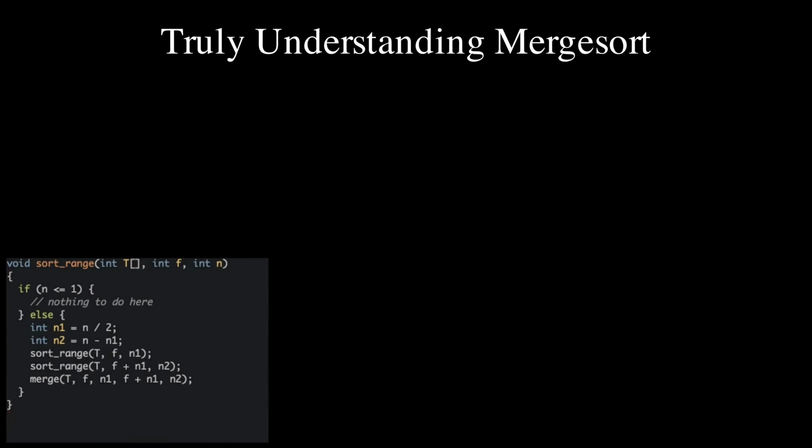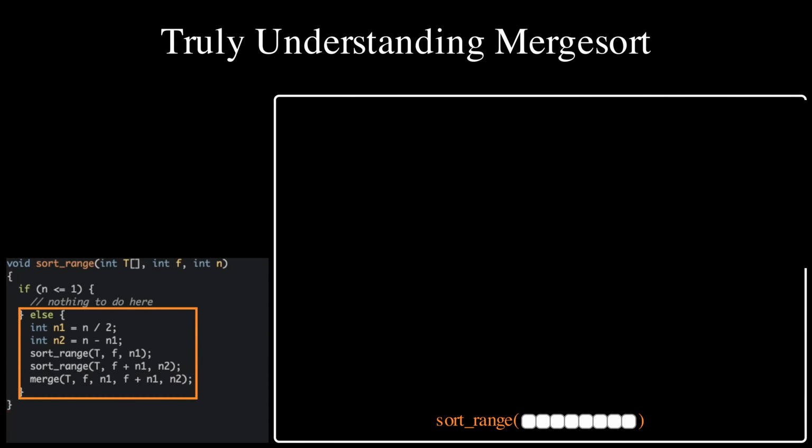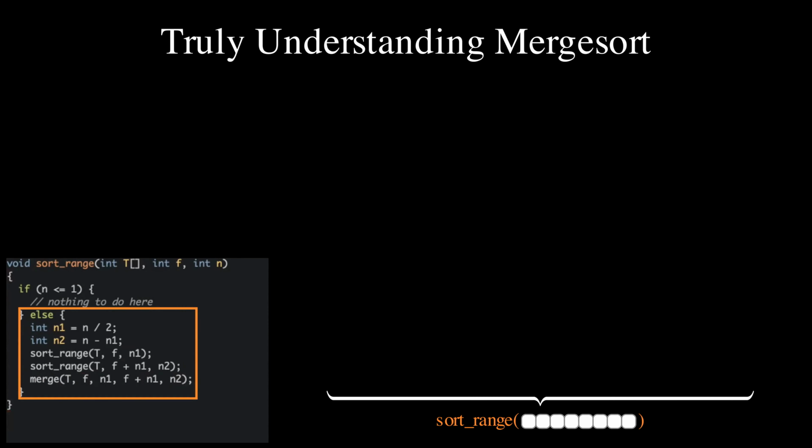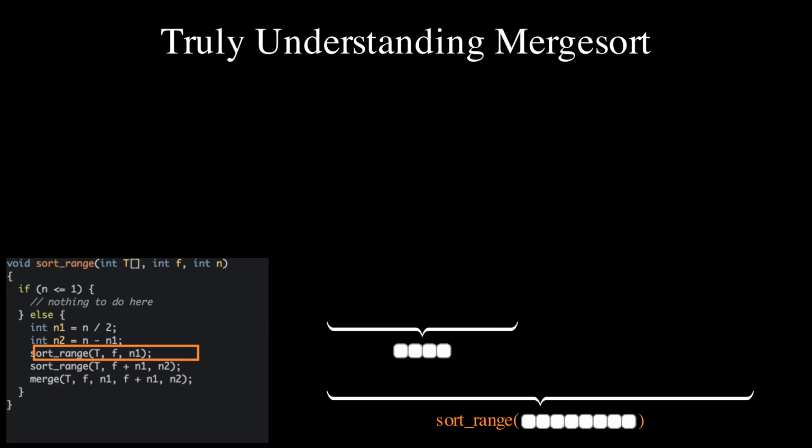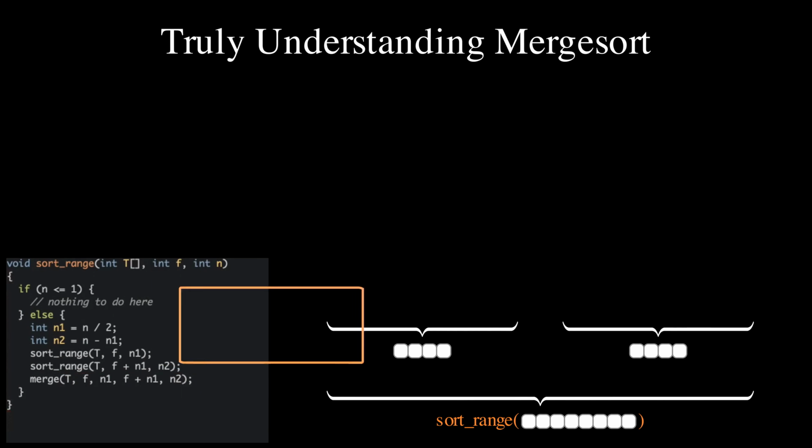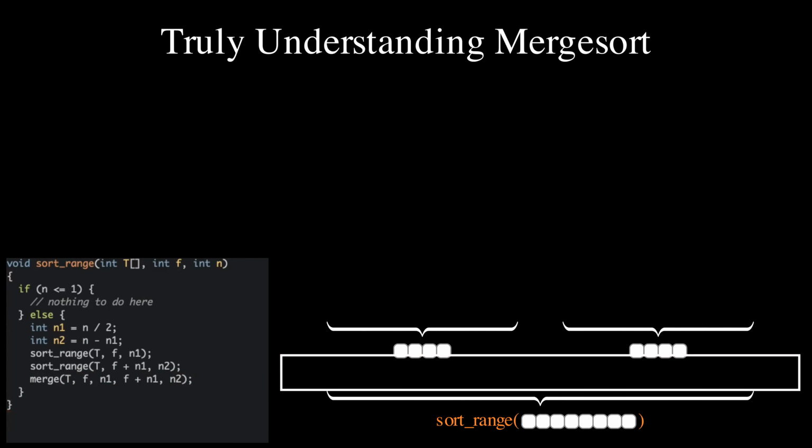Now that we have cleared up the time complexity of merge, let us go back to the main recursive algorithm. For n less than or equal to 1, things are easy as the running time is constant. For n greater than 1, we represent the running time graphically, using tokens, with each token accounting for 1 unit of time. We start with the call to sort_range for the initial array and place the tokens representing its running time inside the rectangle. The running time is the sum of 3 components. The running time necessary to sort the first range, which we represent in this rectangle. The running time necessary to sort the second range, which we represent in this rectangle. And the running time necessary to merge. As discussed earlier, merging takes time theta of n, so we put in n tokens for merging.